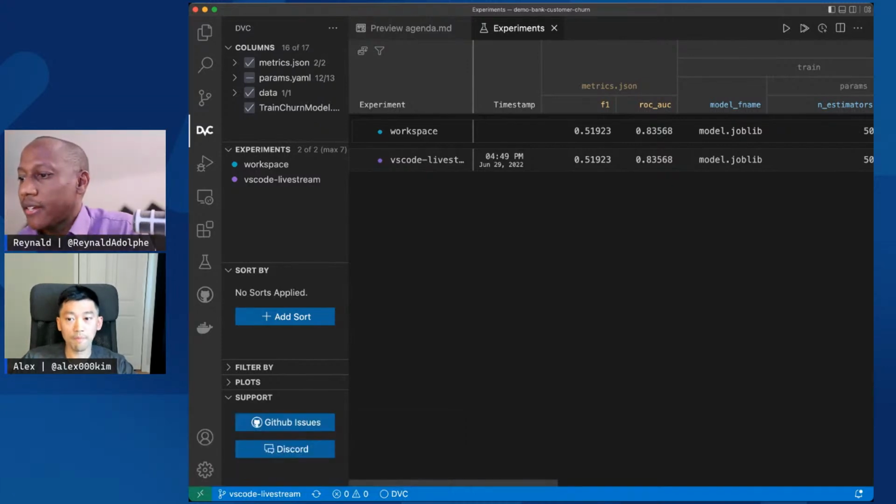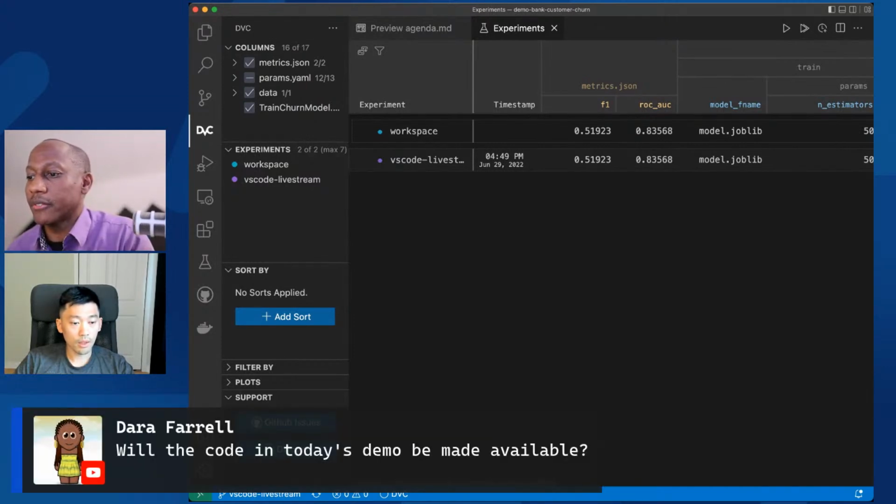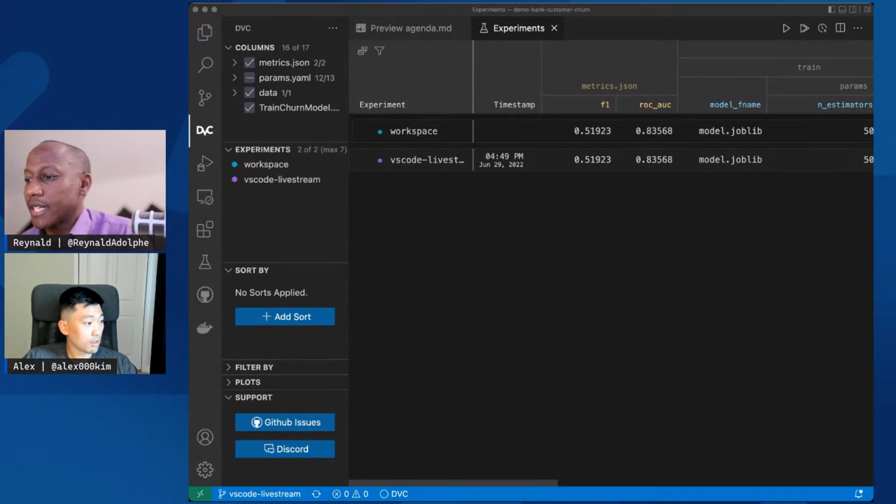Got it. And for the code that you're going to be demonstrating today, will any of it be available if anyone wants to experiment with it? Yes, it's available. Actually, I can share a link to it right away. Maybe I shared the link with you, so maybe you can share it with the rest of the audience. This is the repository that I'm using right now. Perfect. Our producer will do that. But yeah, go ahead.